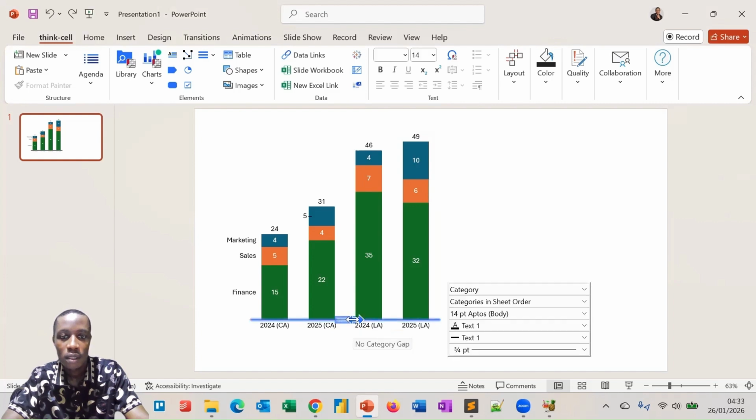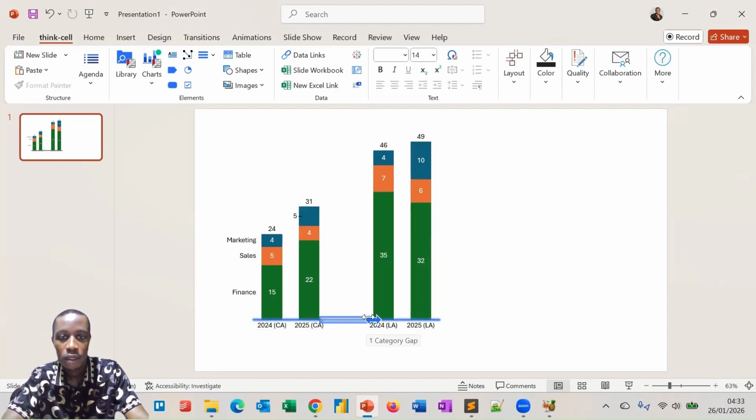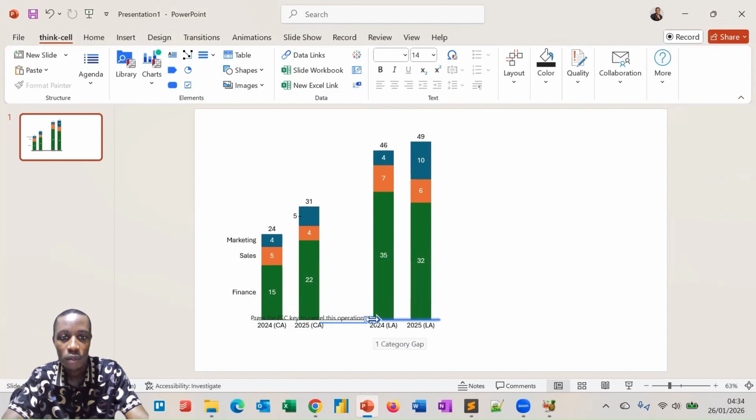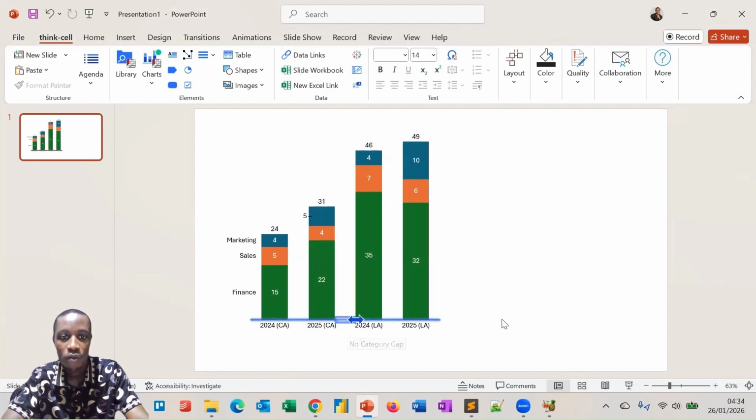And now you can see this arrow. I can just drag this arrow and you can see I've added a category gap. If I want to add two category gaps, I can still drag this. You can see I now have added two category gaps. I can still bring this back. So I can bring this back to one category gap or even remove it entirely,